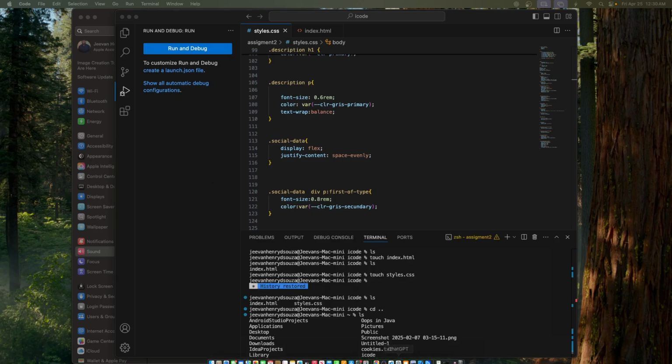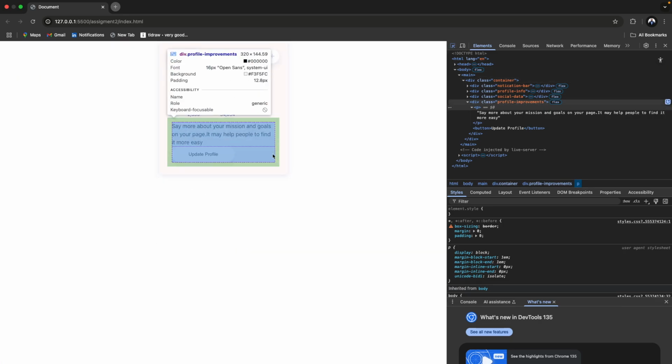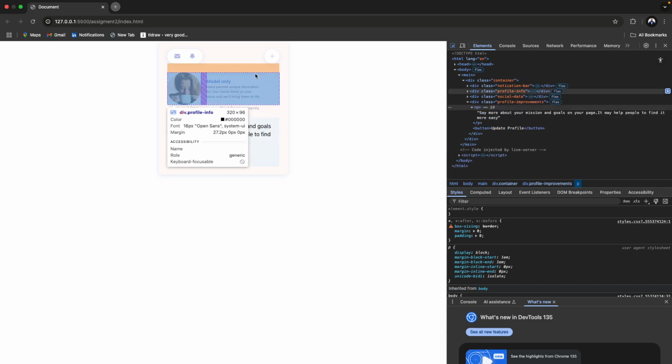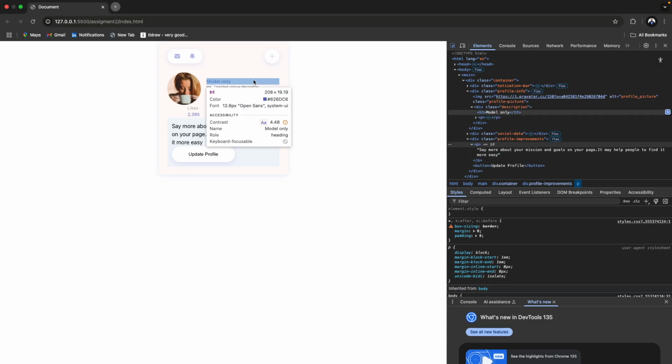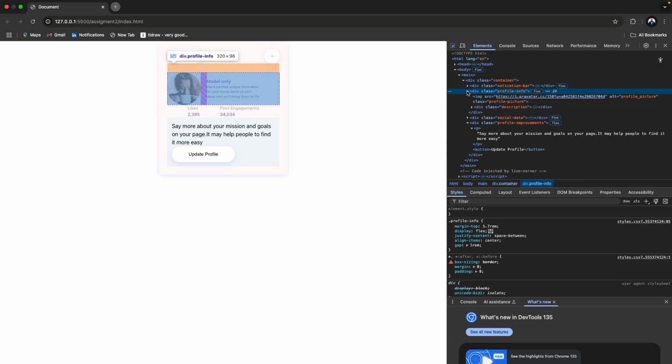Which is description here. So if I go, this is improvements. This is only on this side, I guess. If you come into profile info,